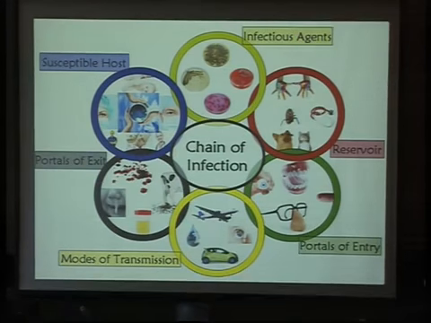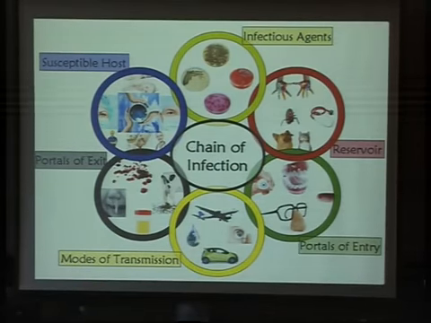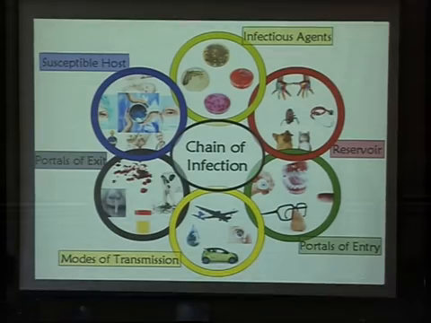Once it's in the reservoir, it should have a place to enter, the port of entry, then the mode of transmission, exit, and then it goes to the susceptible host. The aim of infection control is to cut this cycle. We can cut the reservoir, the port of entry, the mode of transmission, and the exit,